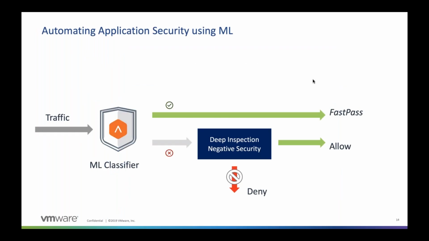And a different view on this would be: okay, the traffic comes in to our classifier, which runs the positive security model here. And if it's matched, it will get a fast pass, so it will not go into the deep inspection. But if the classifier does not match, it will go into the deep inspection and into the negative security model, meaning it will run the signatures as well. And if the signature finds an attack, it will deny. If the signatures say that's fine, then we will allow the request, of course, as well.